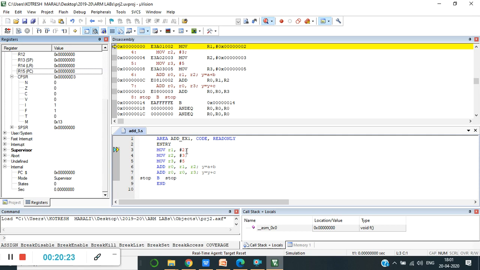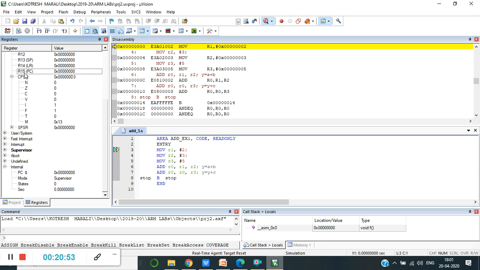Here I wrote only 2, but since R1, R2, R3 are all 32-bit registers, because ARM7 is a 32-bit architecture, my input is automatically written in the form of 32-bit values. Now what about this? It is nothing but the opcode of my MOV, okay. So the MOV opcode is here, followed by the address.